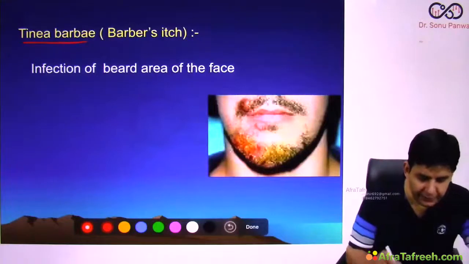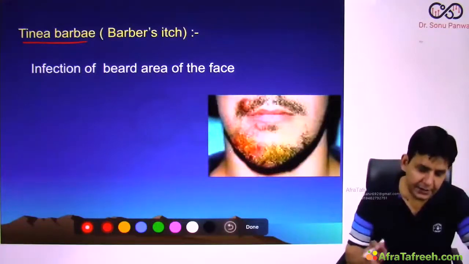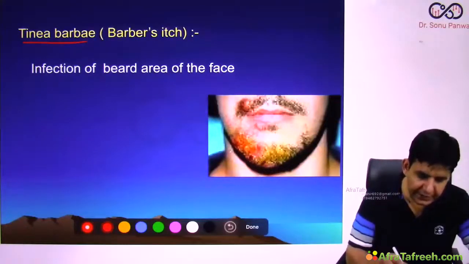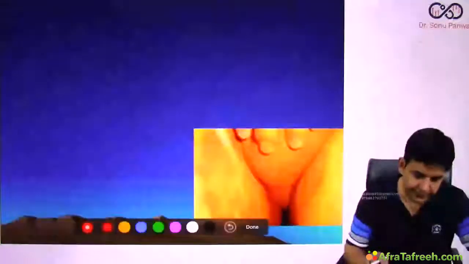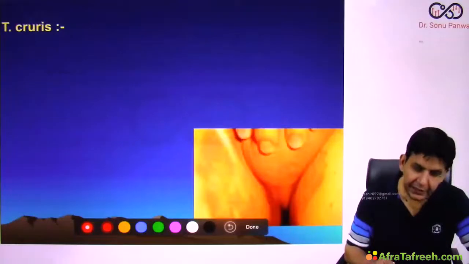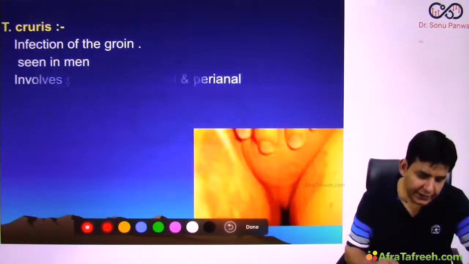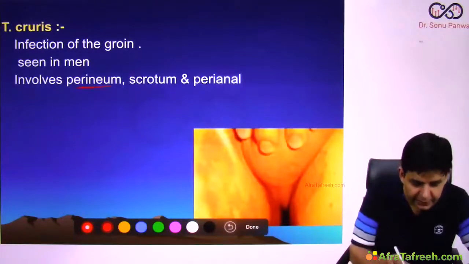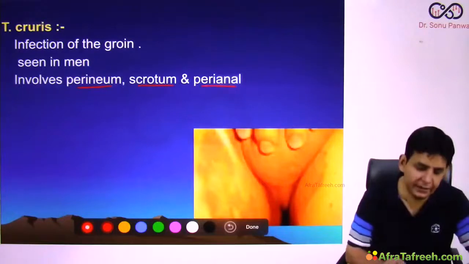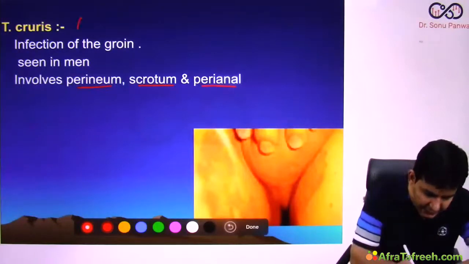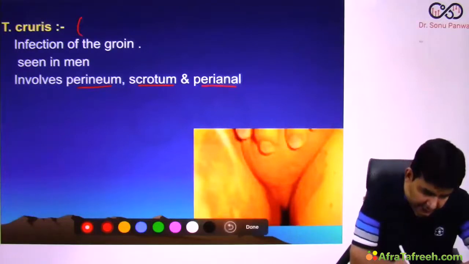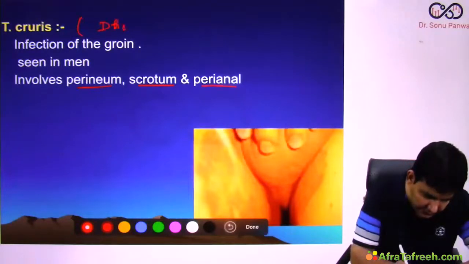Tinea barbae, that is the barber's itch, also termed as, and it is the infection of the beard area of the face. So that is there. Okay, then this is tinea cruris, infection of the groin seen in the men and involves what? Perineum, scrotum and perianal region. Okay, remember it is being asked what is the other name of tinea cruris. The other name of tinea cruris is dhobi itch